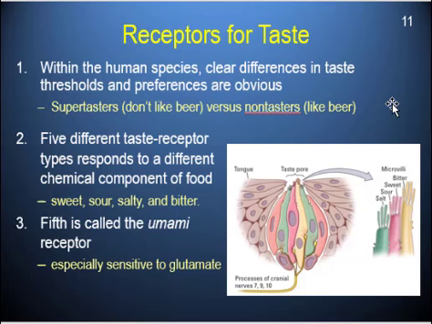But in general, regardless of whether you are a taster, a super taster, or a non-taster, you still have at least 5 different taste receptors. I say at least because there's a lot of new research coming out that there's probably a 6th receptor that's going to get added soon. But for now, we're going to stick with the 5 that are listed. You have receptors that can help you detect things that are sweet, sour, salty, and bitter. And then there's a 5th one that was fairly new called the umami receptor.